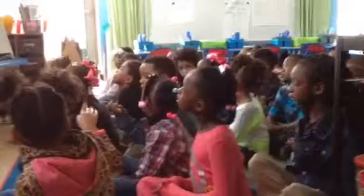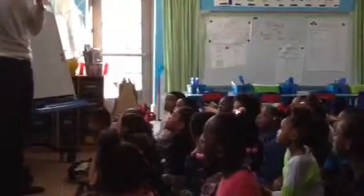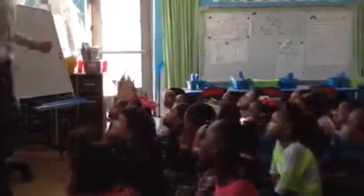Okay, and do I put it above this line or below this equal sign? We're going to work on being really, really clear with what we're saying. So we're going to put the line here. So everybody, 27 minus 15 equals 12. Very